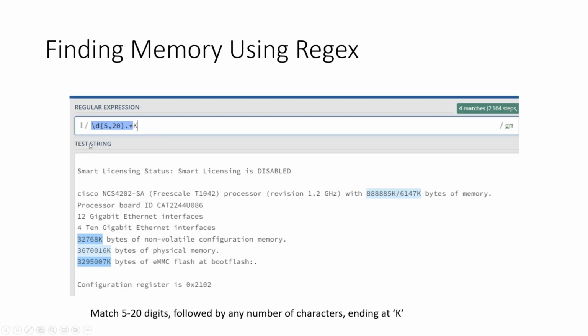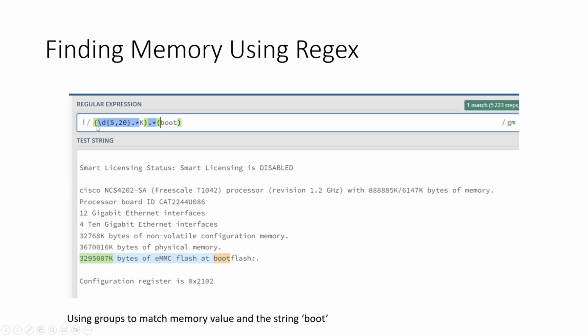And then if I wanted to filter it differently, I could do a range. So now I'm looking for a digit, 5 to 20 occurrences of that digit, followed by any character, and then we stop at the uppercase K. So now we're getting the memory filtered out, but we need a little bit more so we can define which type of memory we're looking for. So I can do it this way, and this way I'm using grouping. So my first group is going to be any digits from 5 to 20 occurrences, followed by any character ending at K. So that's my first match right here,